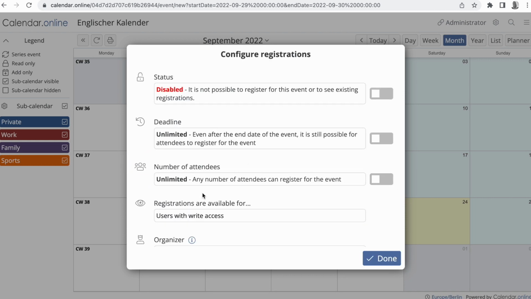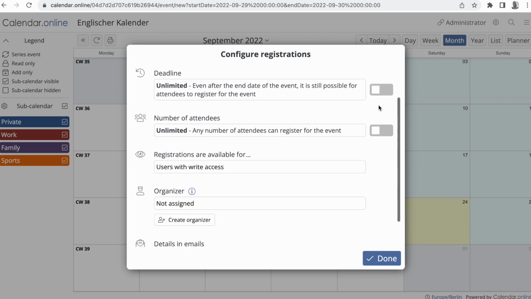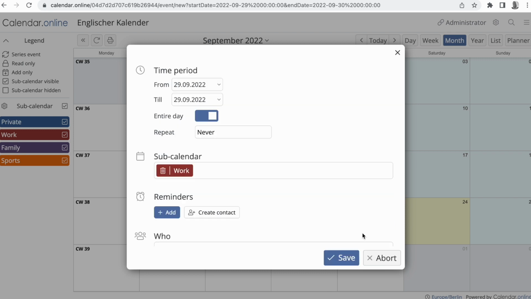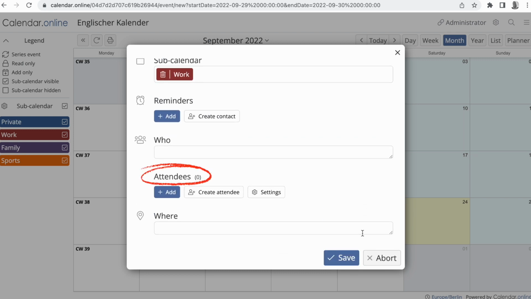In the Configure Registration settings, you can see that the option called Status is currently disabled. You can activate it by clicking on the grey slider on the right side. We will go into more detail about all the other options later. By clicking on Done, you activate a new section where you can add attendees, whom you can then invite to